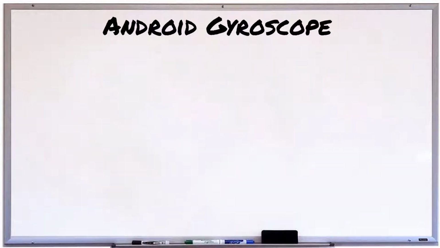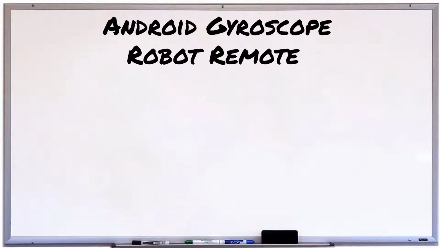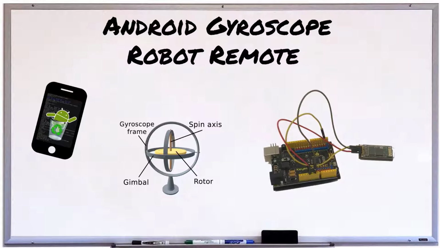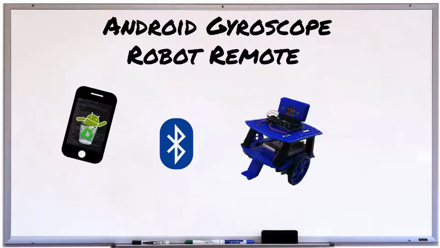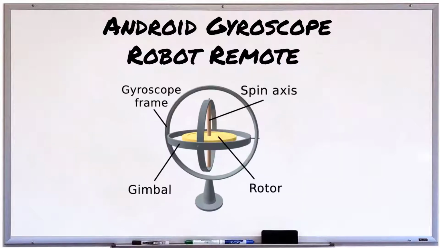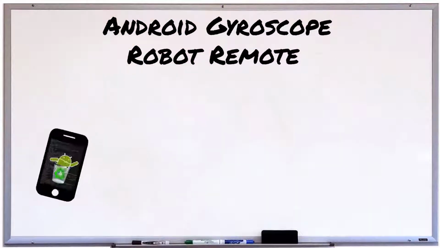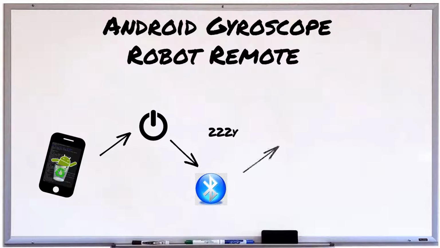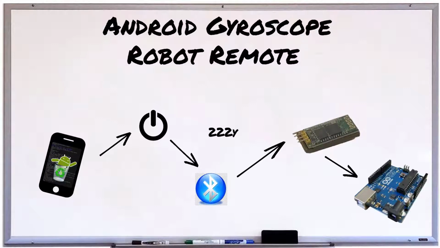In this video, we're going to continue to set the foundation for our Android gyroscope robot remote. That was a mouthful, but basically, when we tilt the phone, the robot will go. We're taking this in steps, so we're not going to add the gyroscope just yet. In this step, we're just going to pass values to the Arduino when we press a button on the Android